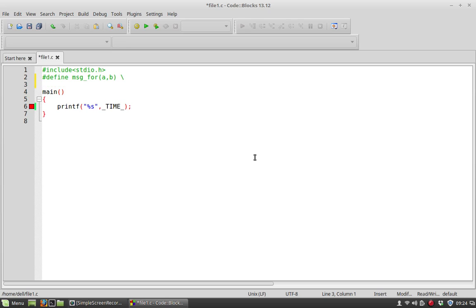Now slash is known as the macro continuation operator. printf, hash A, single quote and hash B